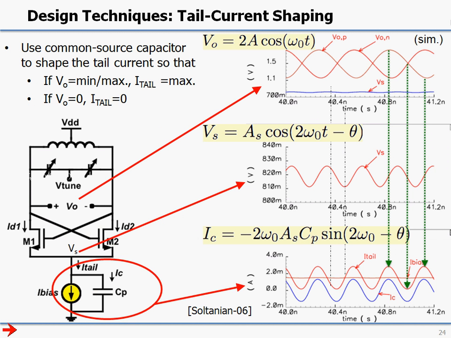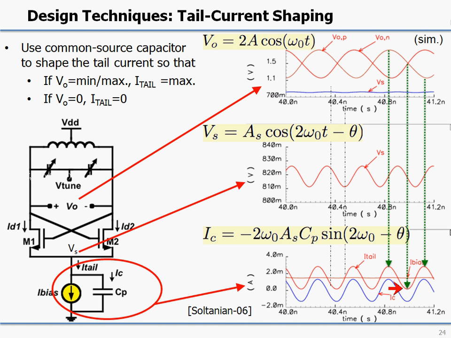An alternative to try to reduce the noise of the oscillator is to inject energy into the resonator only when the voltage across the resonator is maximum. We remember from a few slides ago that at that point the sensitivity to phase noise, or the resulting phase noise, will be minimum. This basically means that we need to create a tail current source that will be maximum when the voltage on the oscillator is maximum, and that will be zero when the voltage on the oscillator goes